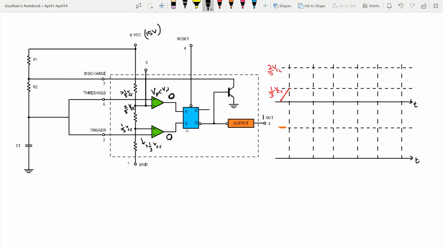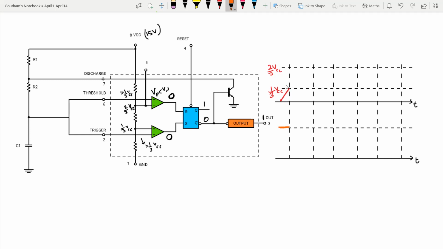Now when the R and S inputs are made 0 0, we know that the output of the SR latch will continue to remain in its previous state. And what is its previous state? The previous state is 1. Q is 1, Q bar is 0, and we know that the output stage inverts it, so the output is 1. Now let us try and draw this. Even till the value of the capacitor reaches 1/3 VCC, Vout is also high. So this is high, this is 0.